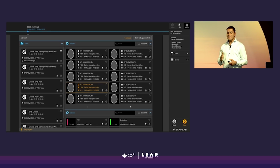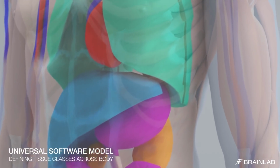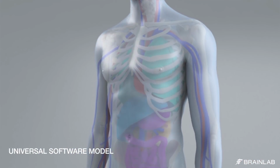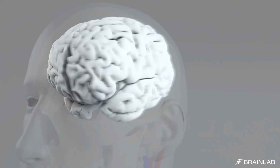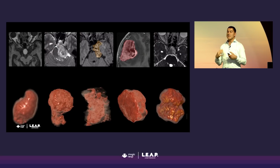This enables us to detect all the different structures, hundreds of structures, consistently over a number of different patients. And we use some semi-automated AI-based tools to also segment the tumors. Obviously, before you kill cancer, you have to look at it and analyze it. We can use that information to quantify the extent and progression of the disease, but also to visualize the anatomy in a very powerful way, almost like you would see in a surgical textbook. And this gives us access to individually manipulate all the different structures,